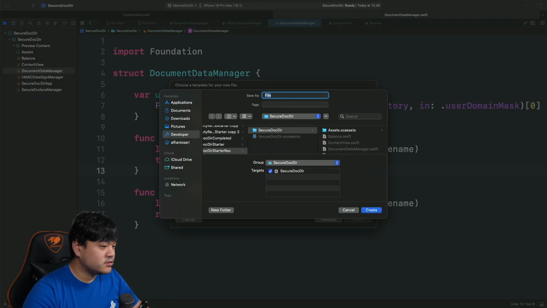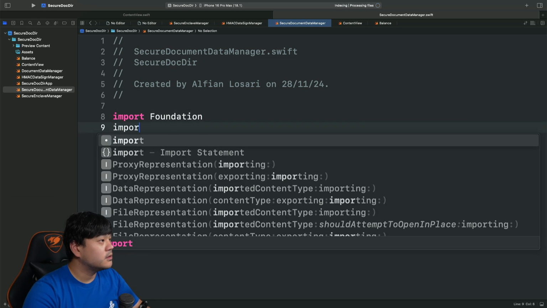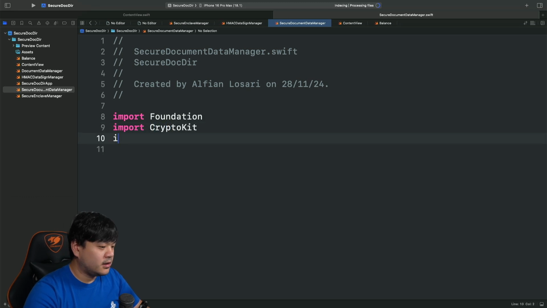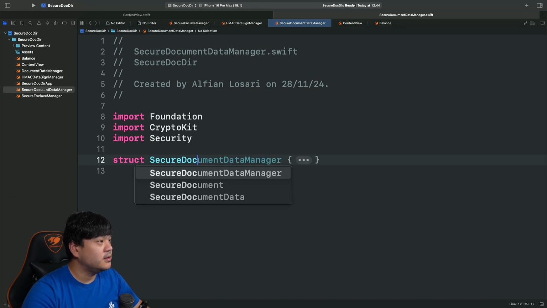So create a new Swift file and give it the name Secure Document Data Manager. Here, import Foundation, import CryptoKit, and also import Security. And just declare struct SecureDocumentDataManager,